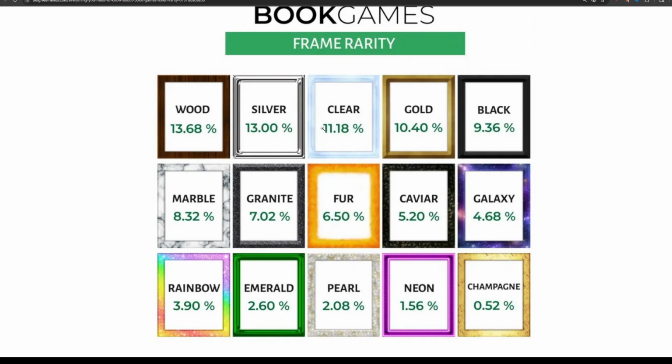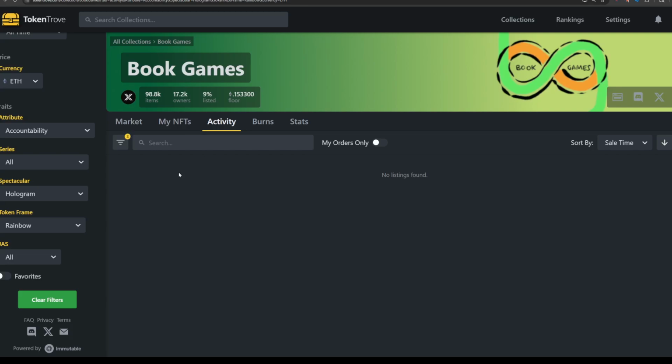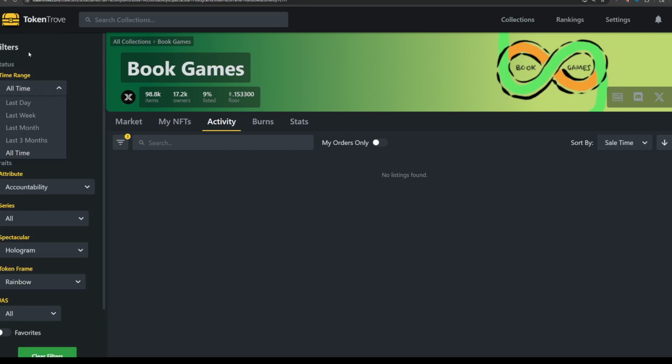And then you have your bottom of the barrel for the first 50%. What is this? 1, 2, 3, 4. Yeah, first 50%. And then you have marble to fur, and then you have fur to Galaxy, and then you have Galaxy Plus, and then you have EPN. Champagne is its own standout, and Galaxy is comparable to Rainbow, or better yet, Rainbow is comparable to Galaxy, but I like to keep my eye focused on Galaxy, and then double check to see if I can find a similarly priced Rainbow. And if so, then we'll go Rainbow, but we have to anchor it somehow. So we're taking a look at